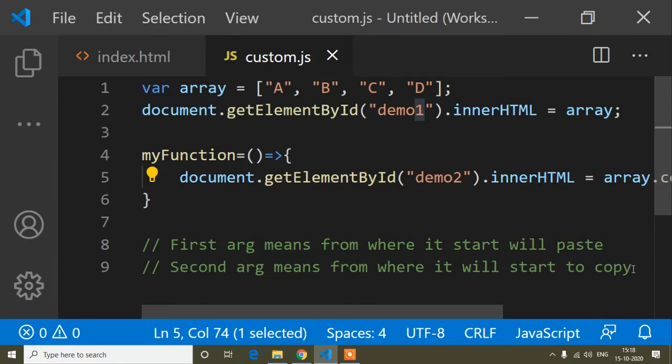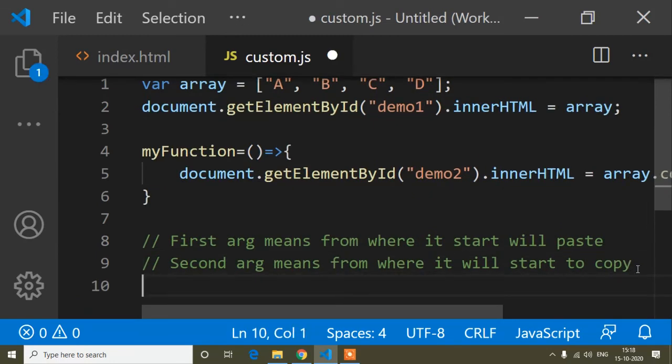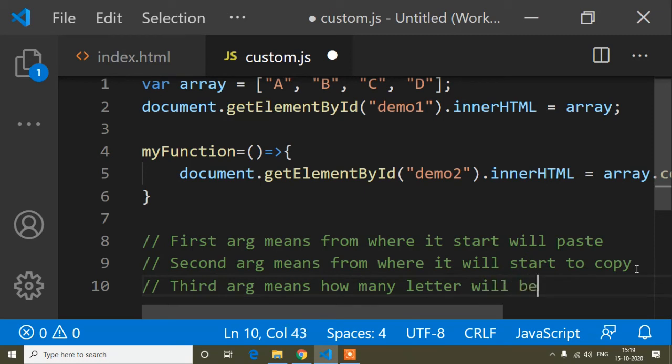So the third argument means how many letters will be copied.